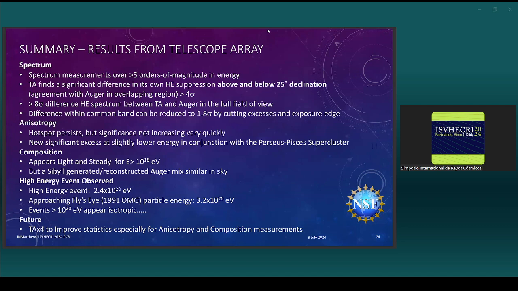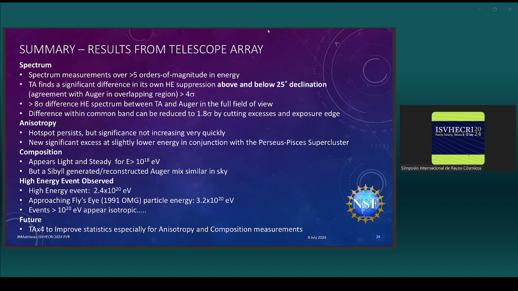Thanks for the nice overview of the TA data. I have a question. You showed that the energy spectra in the hotspots look different. They have the bump, which is not in the other part. It's a lot bigger there in any case. And my question is, did you also look at the Xmax, at the composition in that area to see whether